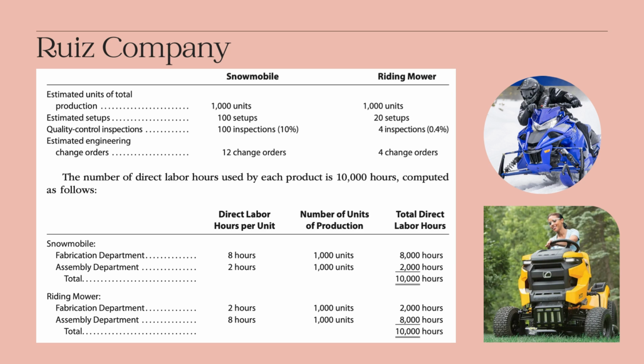After identifying and computing the activity rates per activities, we can now compute for the activity cost for each type of products. So as you can see, we've grouped the table into snowmobile and also the riding mower. So for each group, we listed the activity-based usage, the activity rates, and the activity cost. So we can calculate the activity cost by multiplying the activity-based usage by the activity rates that we have computed a while ago. So that for the snowmobile, we have for fabrication